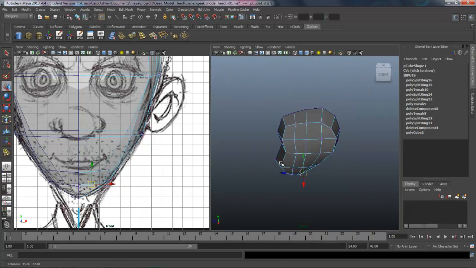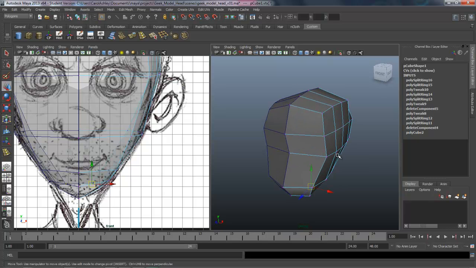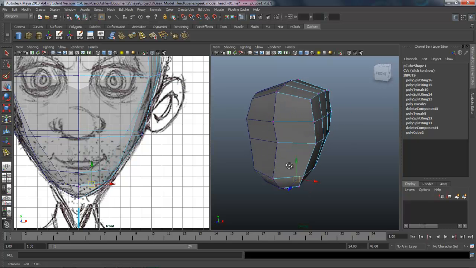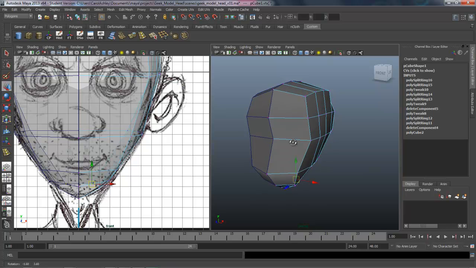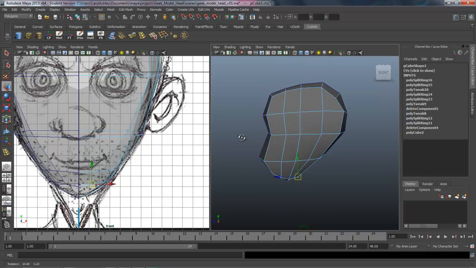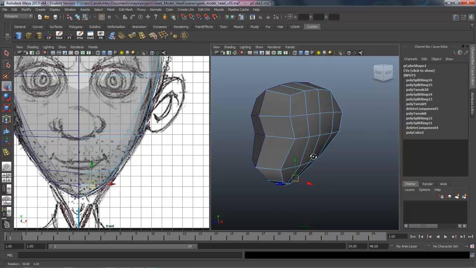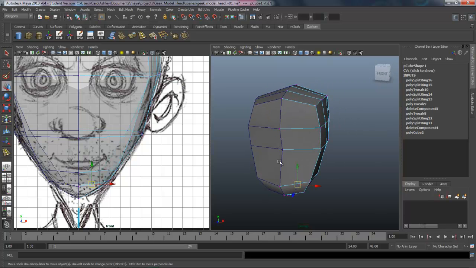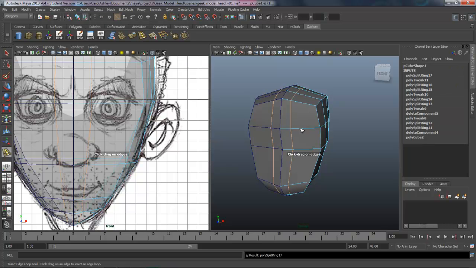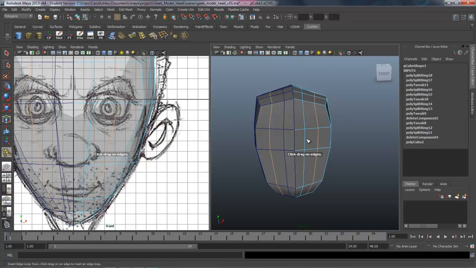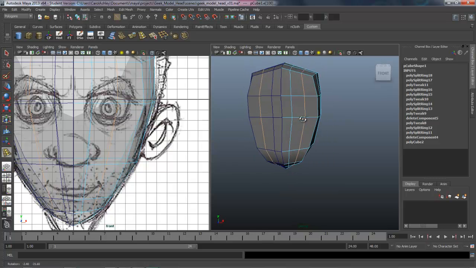So we've got the side of the head working, and what we need to do now is insert 2 edge loops for the front, and that's going to help us start to shape his eye socket. And we'll probably put in 2 more across here to shape out that eye socket. Okay, so let's go ahead and drop in 2 more edge loops, a third of the way over, another third of the way, dividing that up.